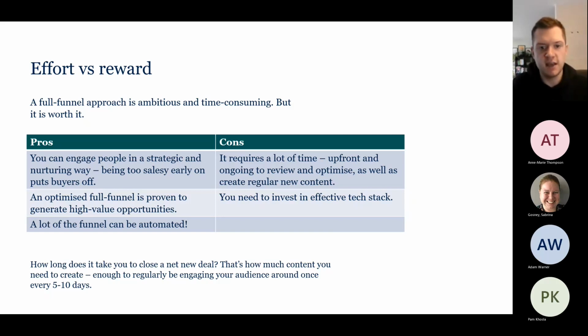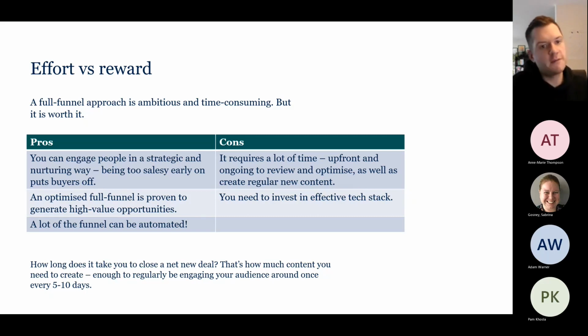If pricing changes, if Microsoft 365 adds or removes specific tools, we need to update our content to make sure it's accurate as well. And then probably one of the more costly consequences is just the need to invest in a tech stack. It doesn't necessarily need to be thousands and thousands of pounds. It can be things that work together through the likes of a Zapier to integrate them. There are lots of workarounds to avoid investing in a considerable CRM system. You can do all these things at your own pace as well.